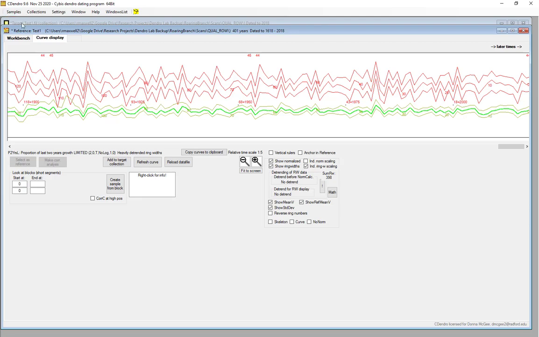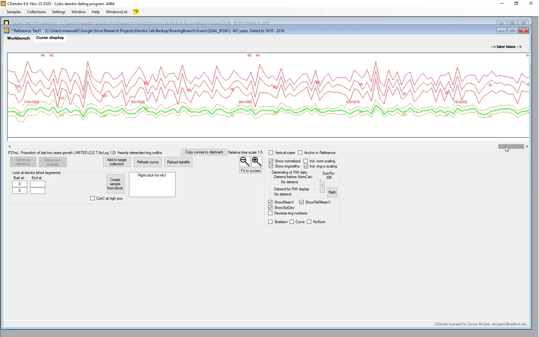Here it's going to call this menu reference. What it's done is create your average growth series, your time series. It has similar methodologies in the background to create it as an index, detrend it, and standardize it a bit because of the nature of raw ring width data being in millimeters.